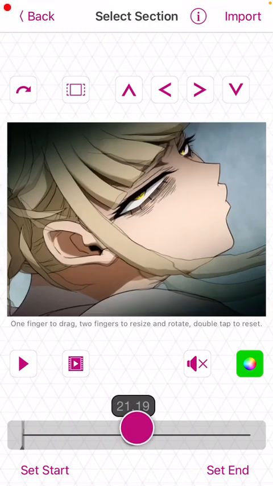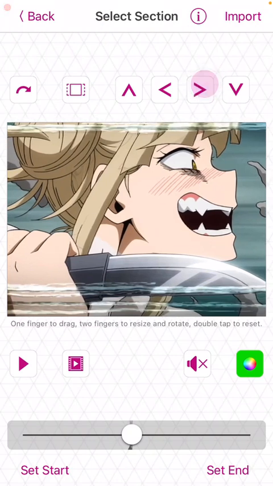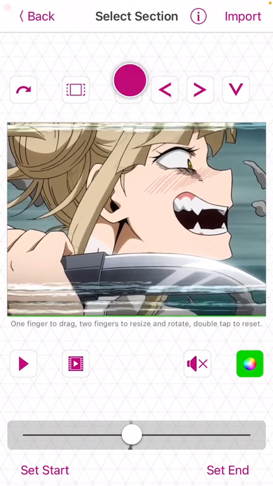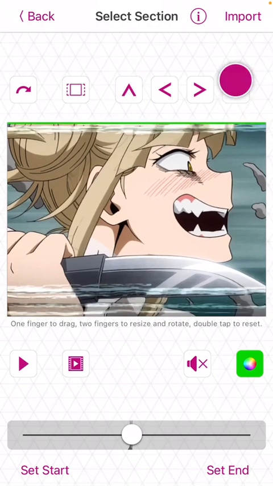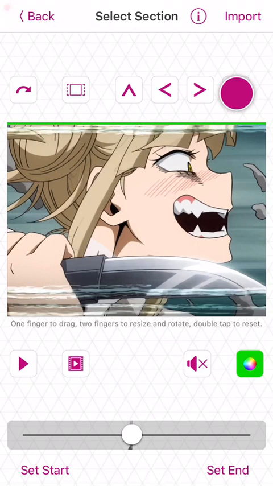You're going to go to the part that you want, and you're going to set the little marker there, and you're going to press set end, or you can press set start, either way, as long as it captures this clip. These let you move it forward, move it back, move it up, move it down. This changes the background. So right now my background is,